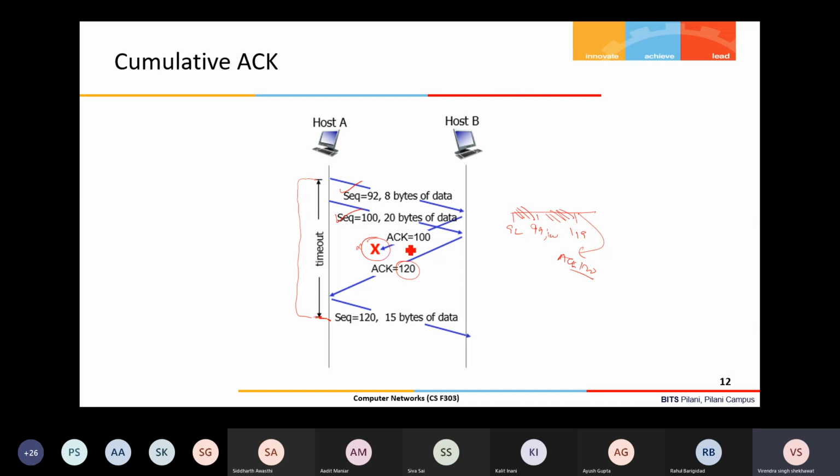So you can see even though this acknowledgement is lost, the subsequent acknowledgement arrived before the timeout occurs for the lost acknowledgement segment. So the retransmission is not required in this case. The sender will update and say that okay, up to 119 everything is acknowledged, and 120 is next, where it is to start from. So you can say your send base will be at 120.